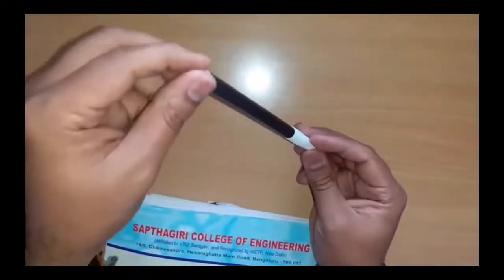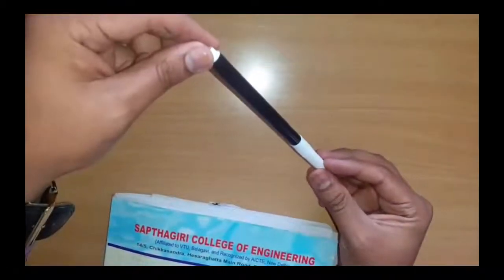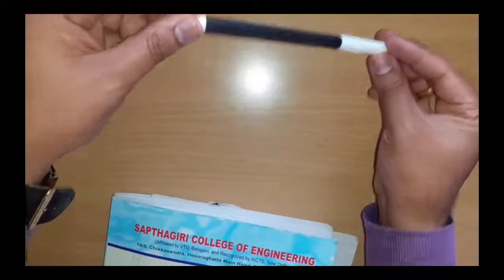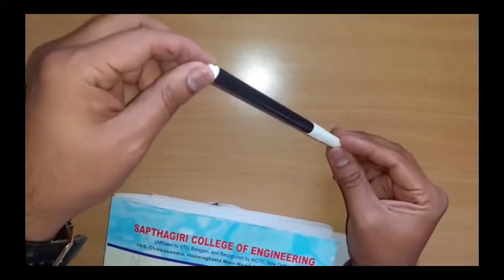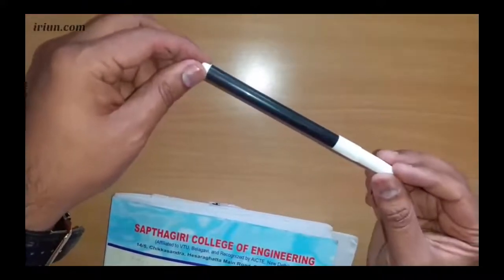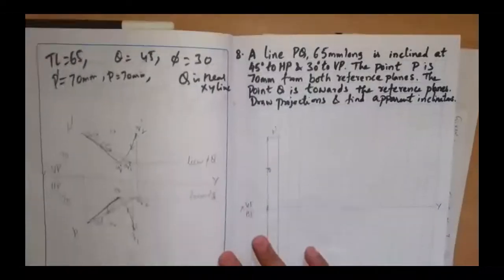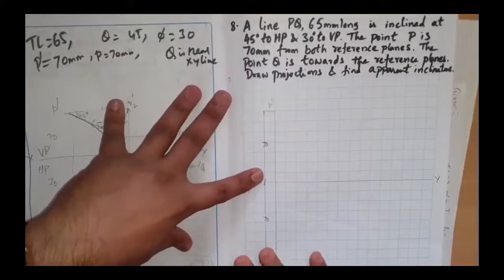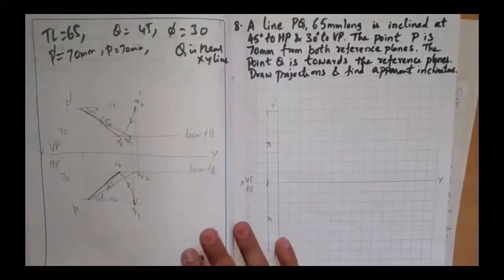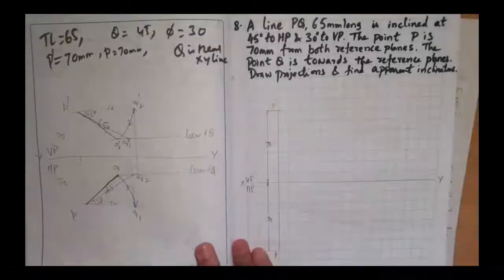and this endpoint P, I am fixing it and I am starting rotating it and making it parallel. And again, this endpoint P is fixed and making it parallel like this. So I'm representing the answers. So this is P dash and P. And from here, I'll draw 45-degree line using a set square.